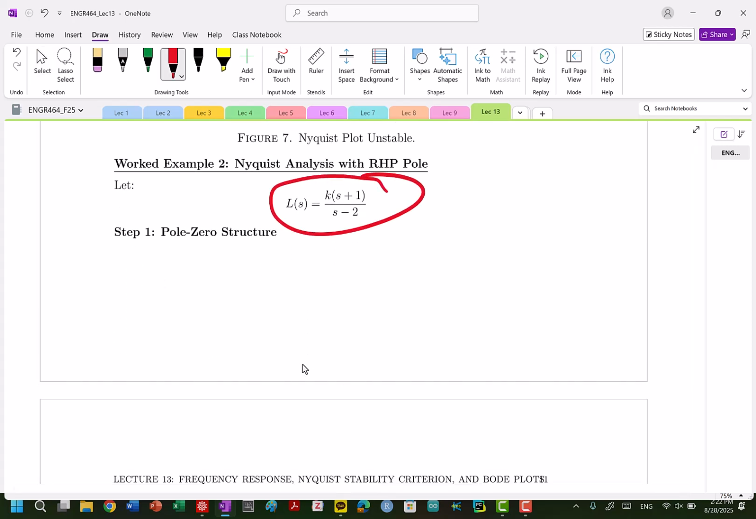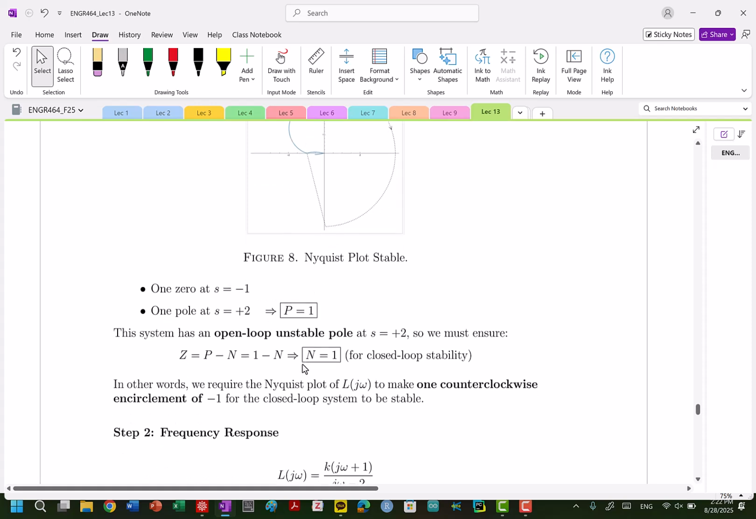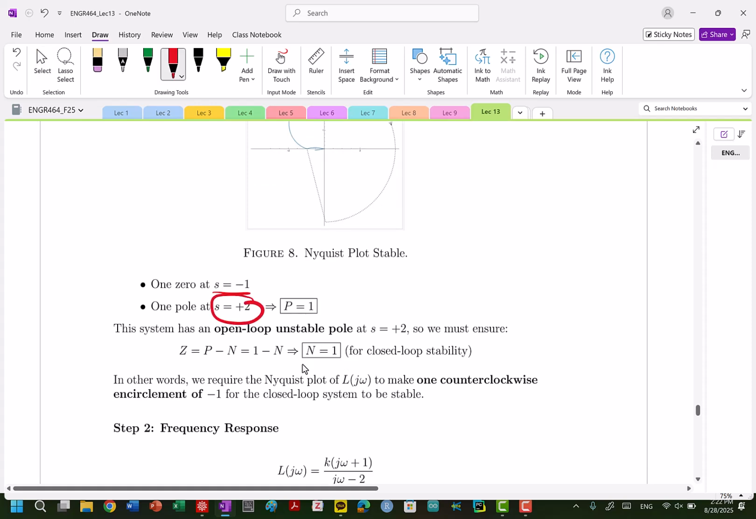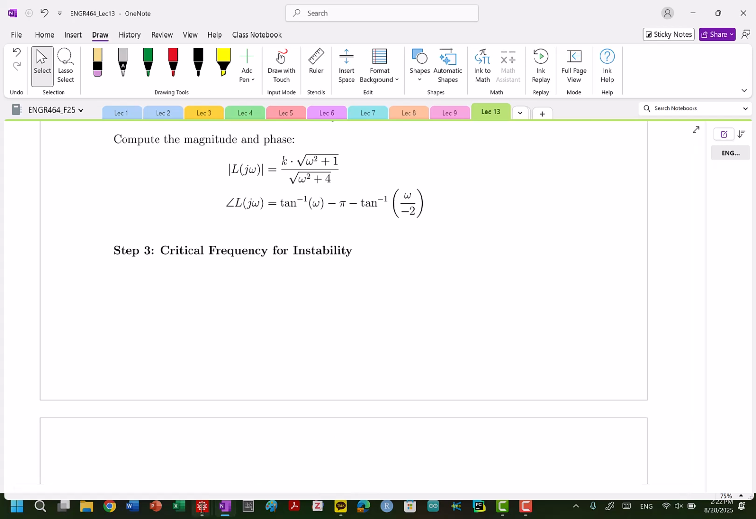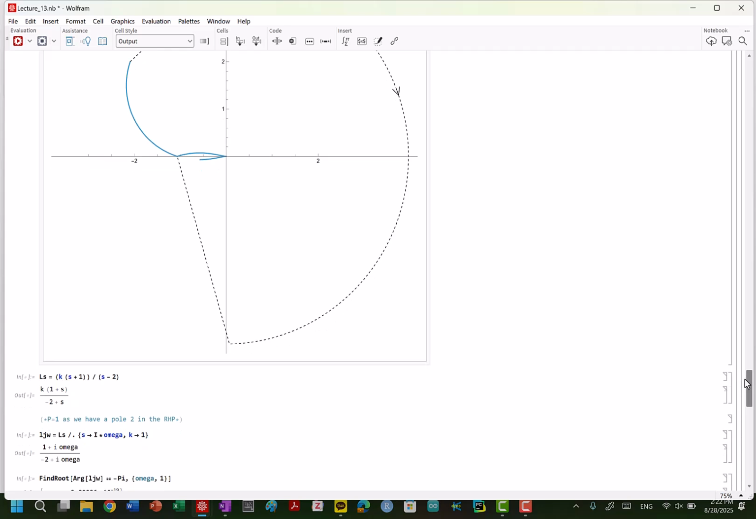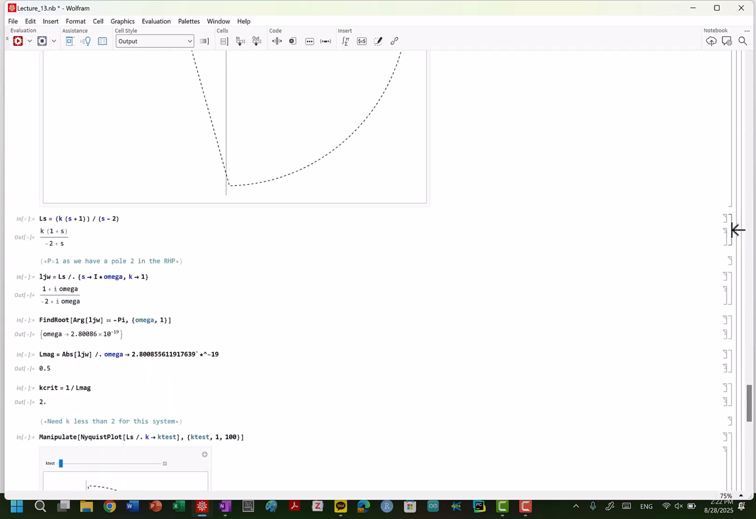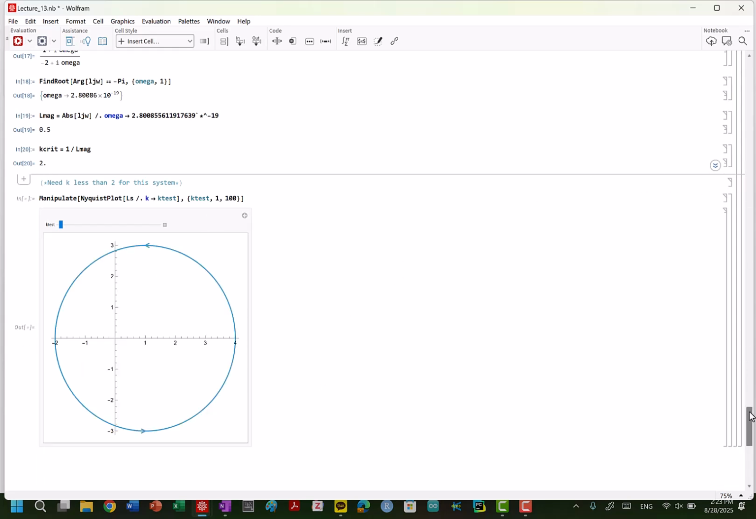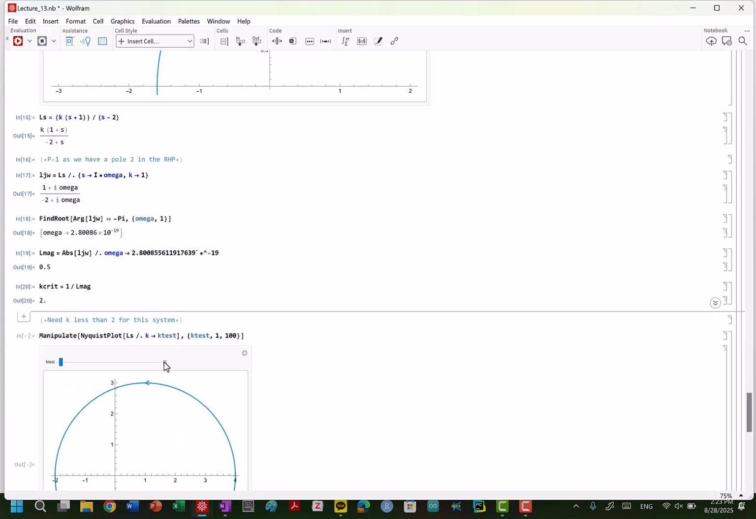So now in this system, we have 1, 0, and we have a pole that's in the right hand plane. So our P is equal to 1. So for stability, we need to have 1 closed loop counterclockwise around -1. So we can do the same thing. We can calculate that critical gain, and it's a cool, straightforward analysis where we can figure out what that critical gain is. In this instance, for this problem, it looks like 2,